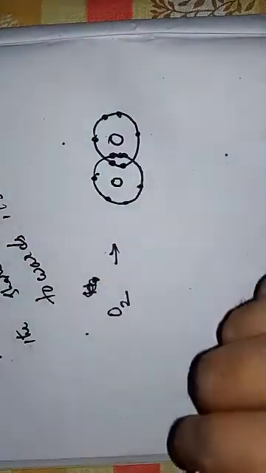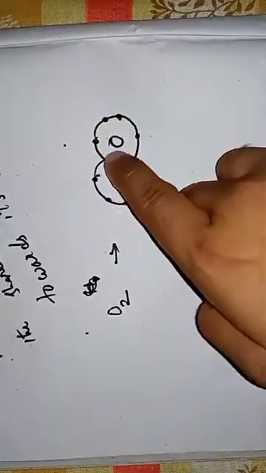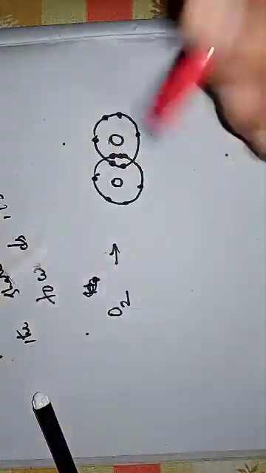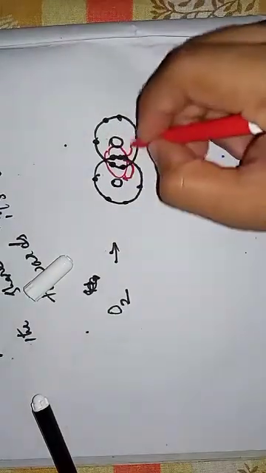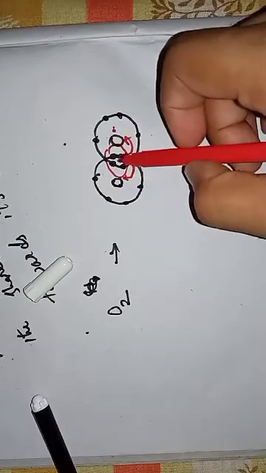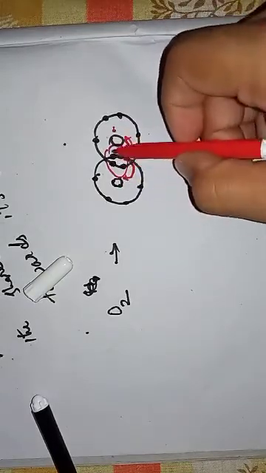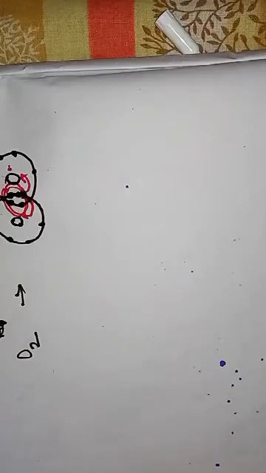So electronegativity is defined as the tendency of atoms in a molecule to attract this shared pair of electrons toward itself. In this case, both atoms are the same, so both will attract this shared pair of electrons equally. But let us take an example in which there is a difference. I am taking the example of the water molecule.